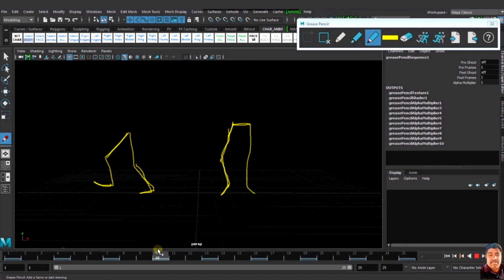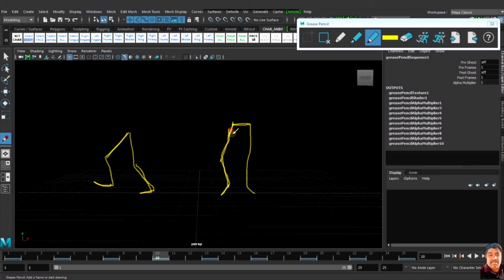In 3D, it is very easy to reduce the exaggeration by scaling in the graph editor, right? But here, if I want to reduce my exaggeration, I have to draw again. It is our limitation in 2D, but you have to know the drawings, you have to know the concept. 2D is also an advantage. Your concept will be clear, and very easily you can understand the thing.